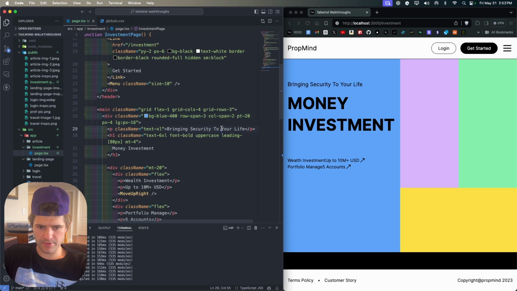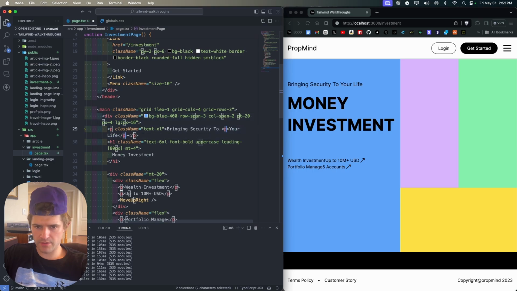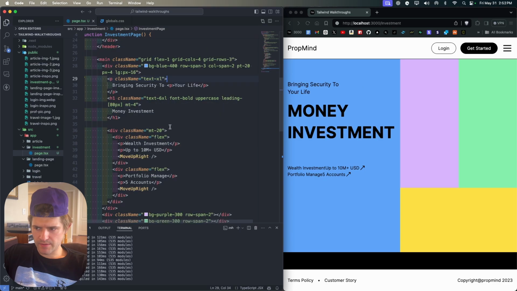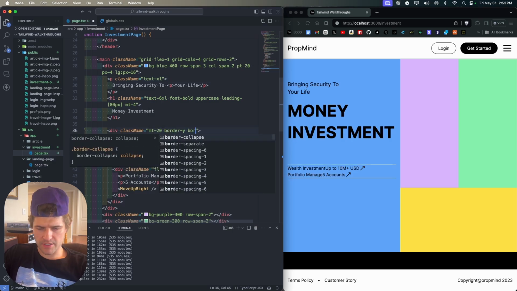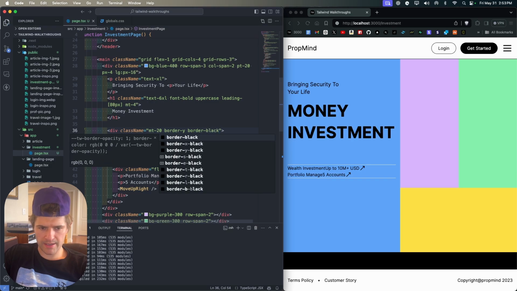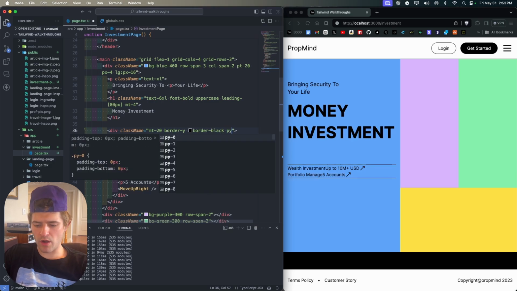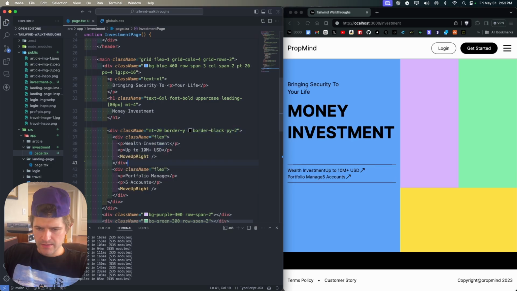And then we're going to wrap this li in a P tag. And so for this div right here, I'm going to say border Y, and I'm going to say border black. And I'm going to give this a PY of 2. And then underneath this div, I'm going to add an